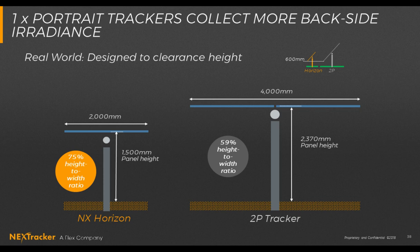So really you can build any of the systems at whatever height you want, but the convention is usually decided based on the clearance rate when the trackers are at full tilt. And if you put the trackers, one module in portrait and two module in portrait at full tilt at 60, if you leave a clearance of 2 feet in this example, which may be because of your grade or your terrain or the floodplain you have, you see a higher height to width ratio on 1P, which means you get a better view factor on the back, compared to a 2P where you're seeing only 59% height to width